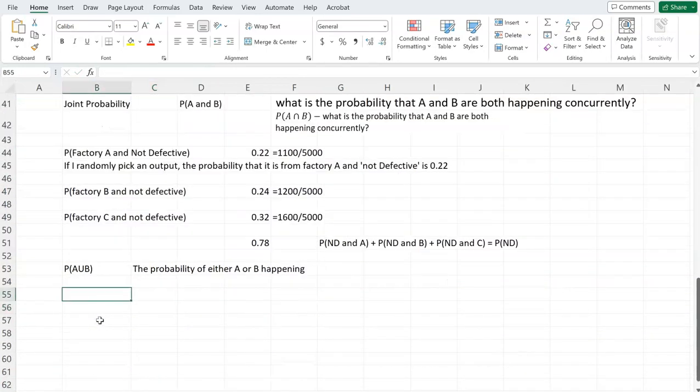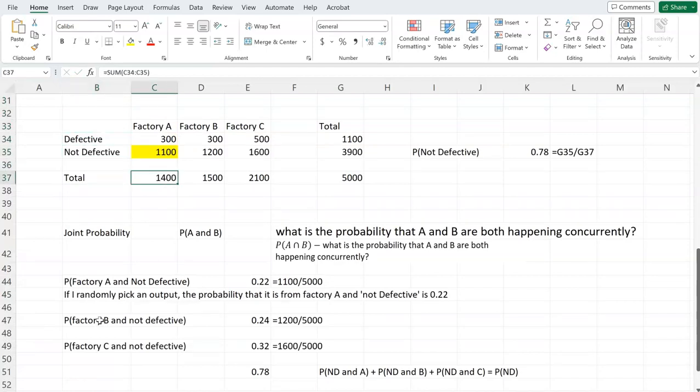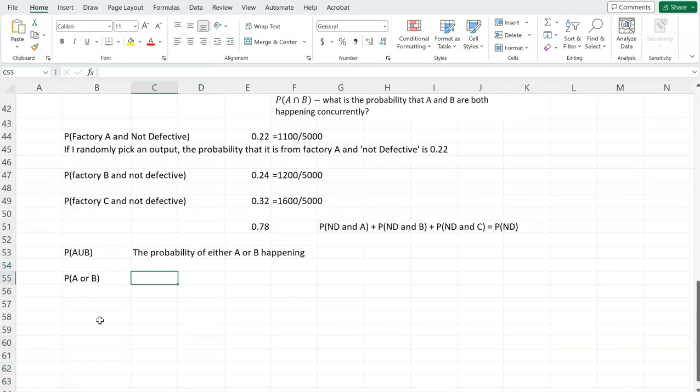So one example could be, what is the probability that I pick a product and it's made in either factory A or factory B. If it's made in either factory A or factory B, I can see that factory A has 1400, factory B has 1500, and the total is 5000. So I can just add those two. In our case, because A and B are mutually exclusive, that is, if I produce in A, I don't produce in B, then we will say it is going to be equal to,